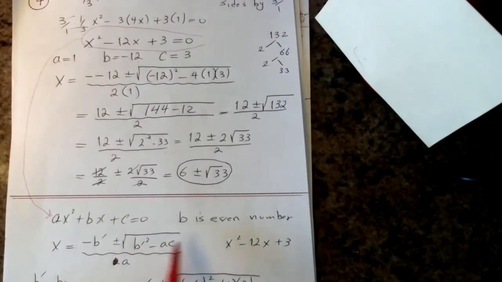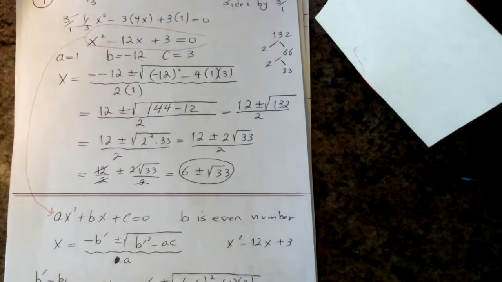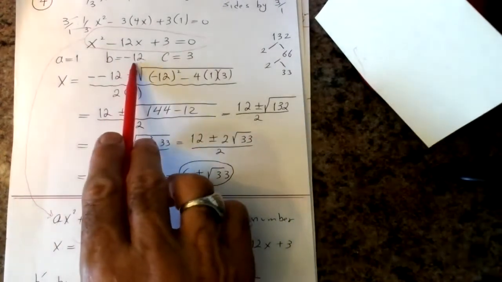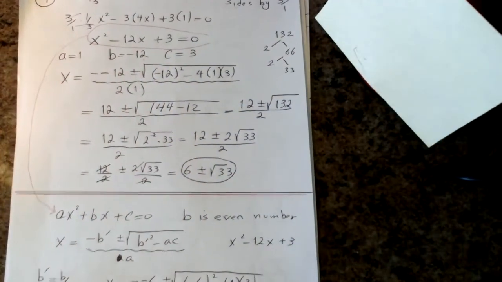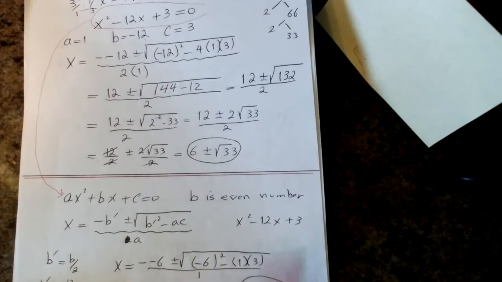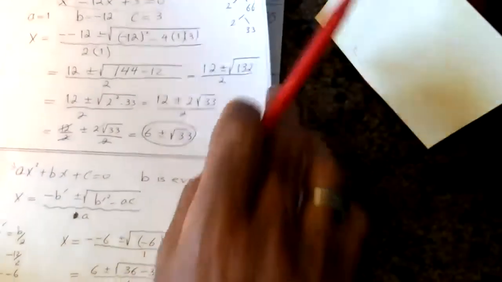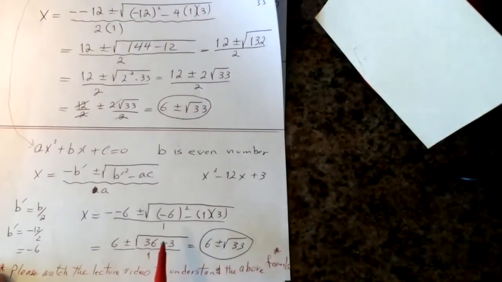So here, what is B prime? B prime is half of B. So you see how you have -12? What is half of -12? It's -6. Again, this is this option. You don't have to, but I think if you understand how to use it, it makes it a lot easier